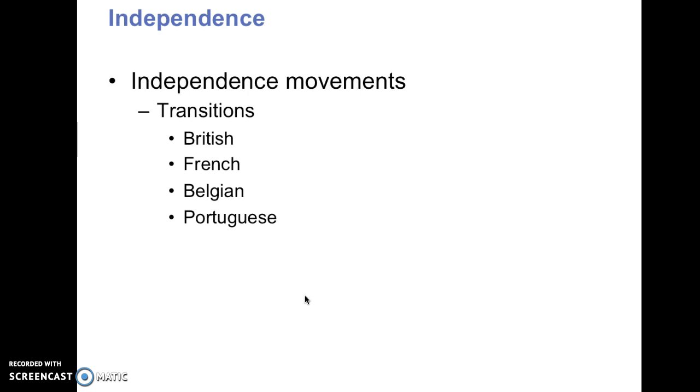You began to see the Belgian Congo was very violent. The French, very violent. The British were more, they gave up a lot of the colonies, gave them independence without as much fighting. But the French in Algeria, there was a long civil war. The Belgians in the Congo was very bloody.